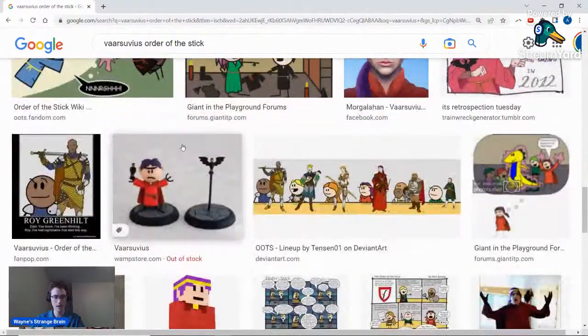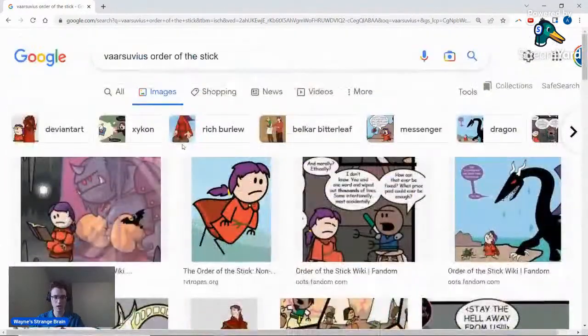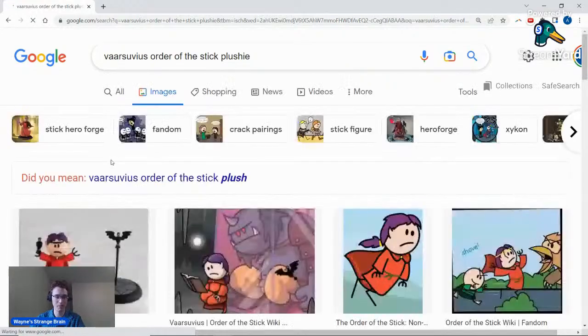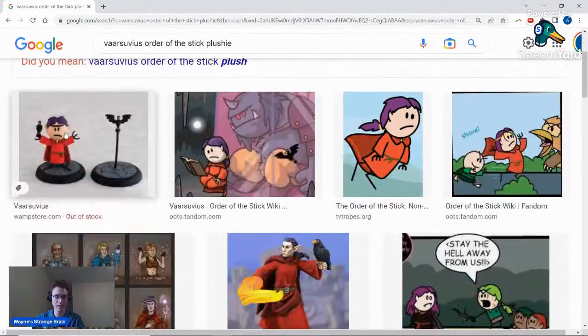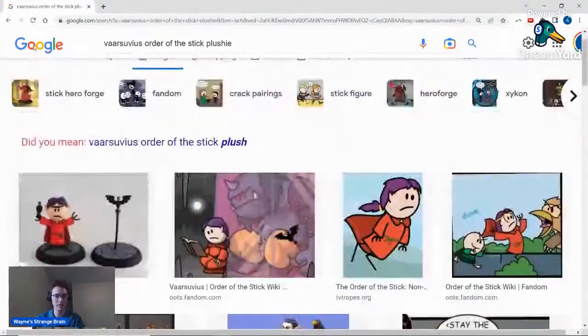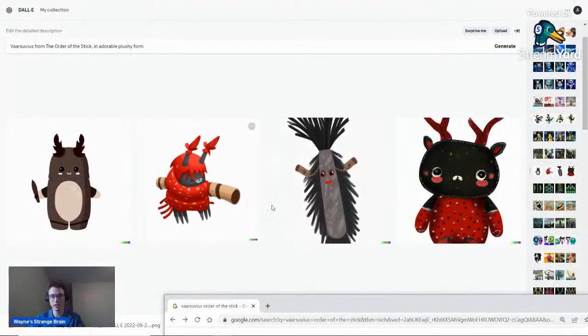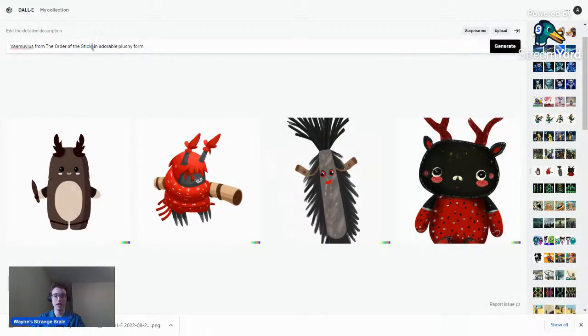For a long time I wanted my sibling, who is very good at this kind of thing, to make me a plushie. This is like a little action figure, but it completely missed it. It did not know who Varsuvius was. It gave me some plushie stuff and sticks. So it got sticks in here somehow, which is not what I wanted.